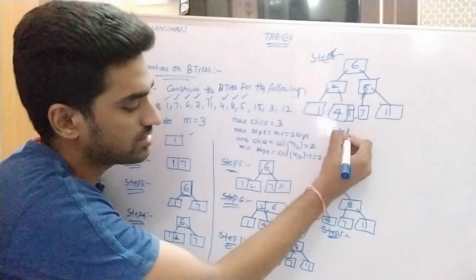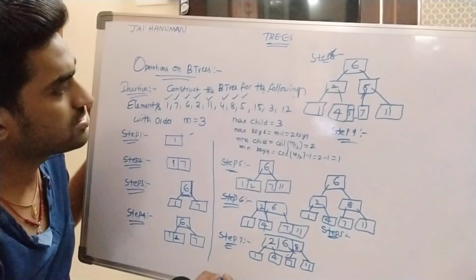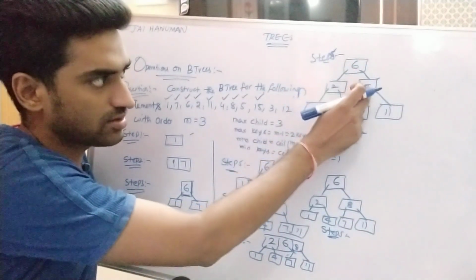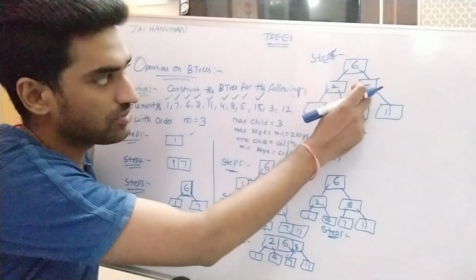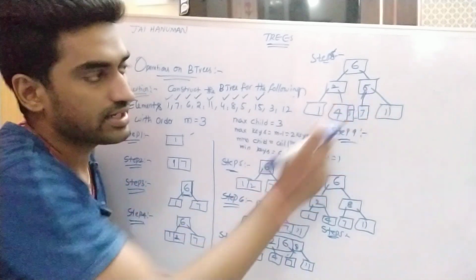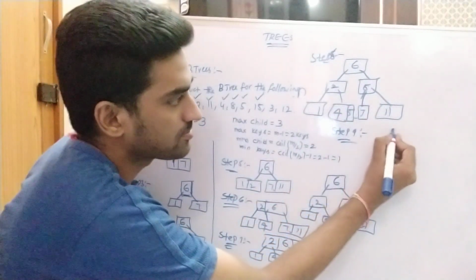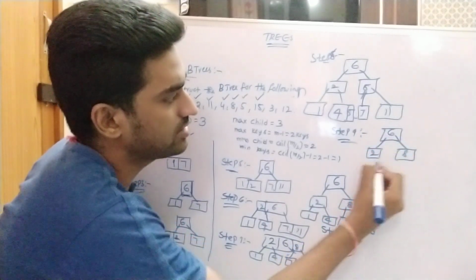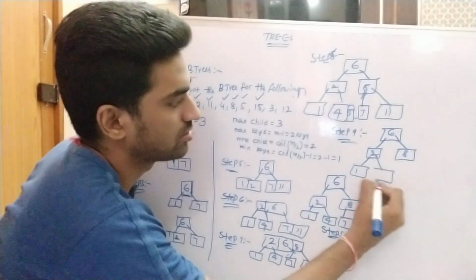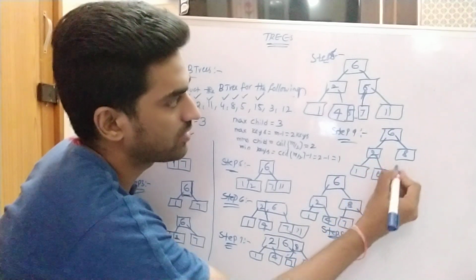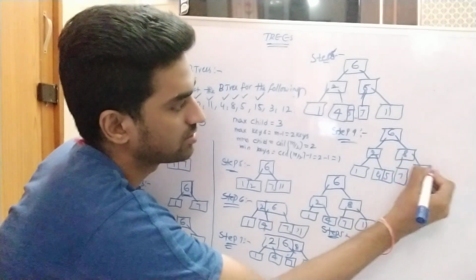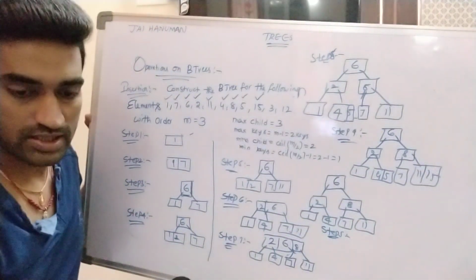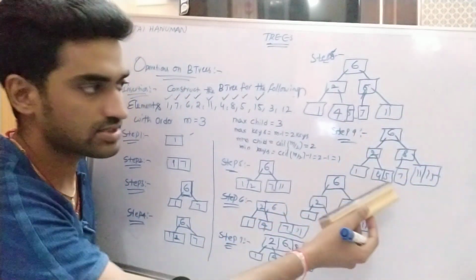Then we are inserting one more node in step 9. What is the next inserted node? 15. So 15 is greater than the root. When compared to 8, 15 is a greater value. We can insert right of 8. Now the B tree becomes 6 2 8, 1, 4, 5, 7, 11, 15. Right? Now this tree satisfies the B tree properties.